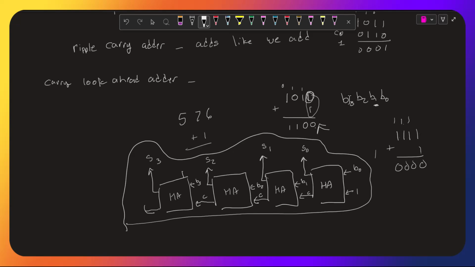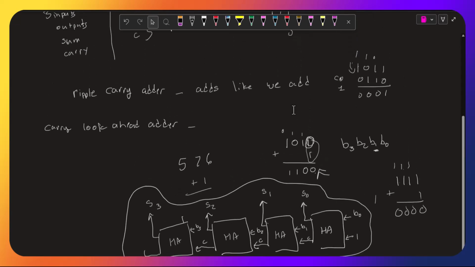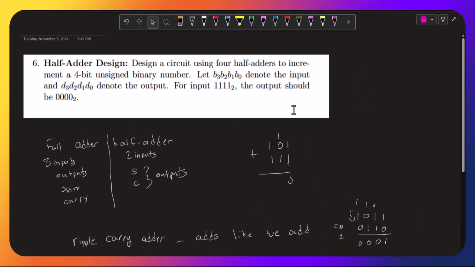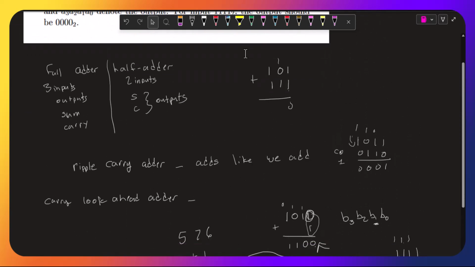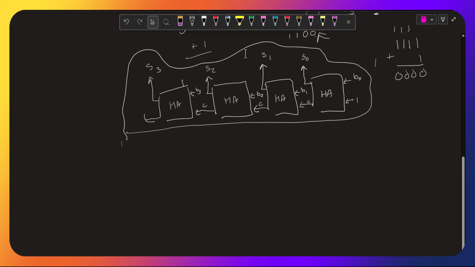Now, it said something about labeling outputs as D3, D2, D1, D0. That's essentially what S is. Yeah. And also, on the test, whenever asking for half-adder circuits, that is an acceptable solution. If it says given a half adder, then you do not have to draw it. I have never seen him ask you to draw the circuit for an adder. He might give you one and then ask you some questions about it, but I've never seen that. Okay, so